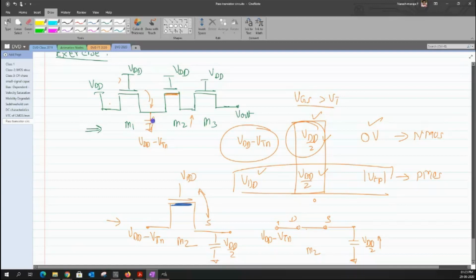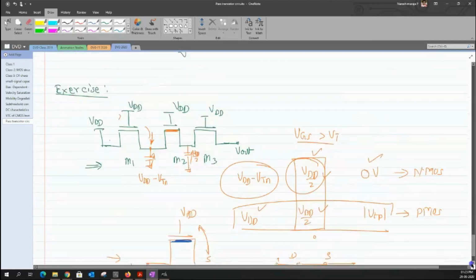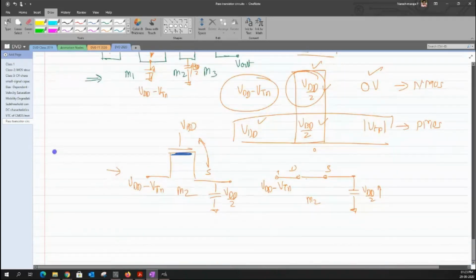And then the voltage across this would rise from VDD by 2 all the way to VDD minus VTN, and after that there exists no channel, right? This is the voltage that it can reach. Now, having this as the input to the second transistor, the output of the second transistor can again be assumed to have an initial voltage equal to VDD by 2. Now let me work with the second transistor. With respect to the M2 transistor, this is the circuit condition that I have.